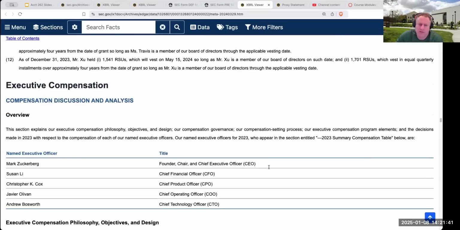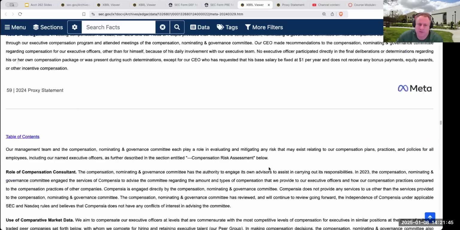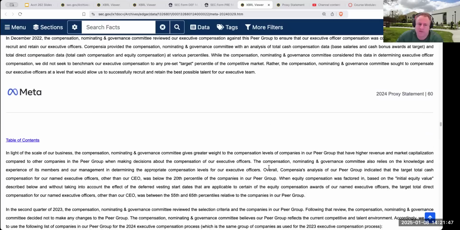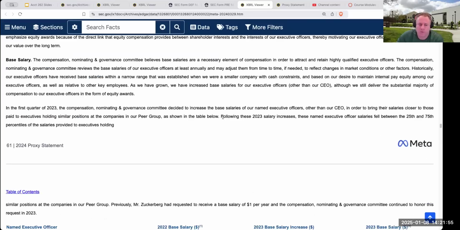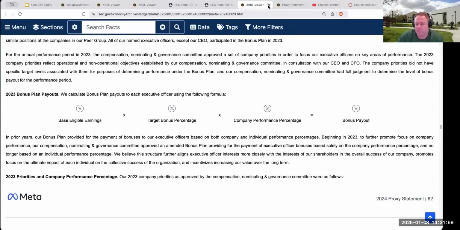So as we go through and look at this, when you're an officer or director of a publicly traded company, most all of this becomes disclosed. So I really want to encourage you to go through and take a look at this different information. It really sheds a lot of light on how individuals are being compensated in terms of voting for other matters.